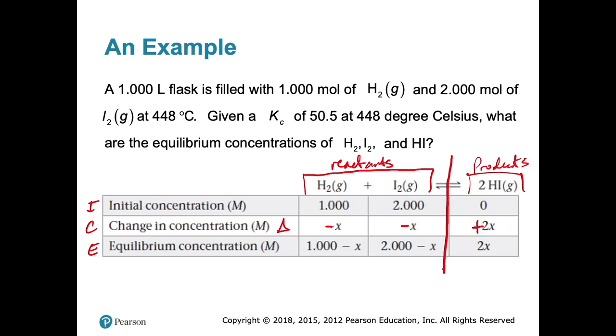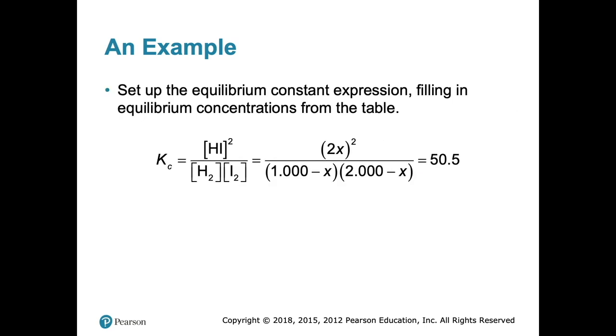And then here, since you were at 0 for hydrogen iodide, and you're doing plus 2X here, then the concentration at equilibrium will just be 2X, right? Just like that. It's good stuff. So in our example then, again, we have to do our equilibrium constant expression,